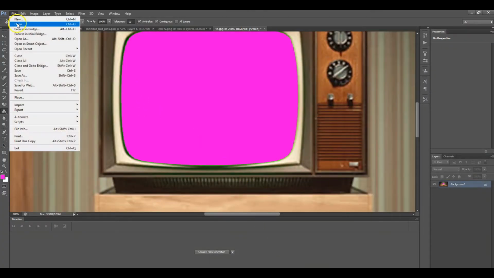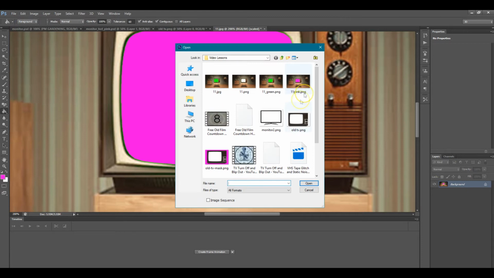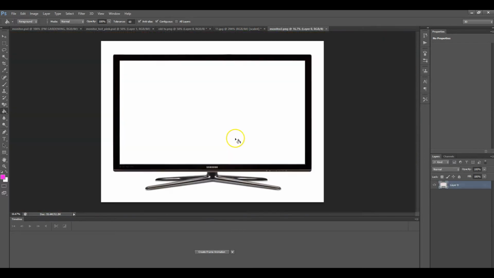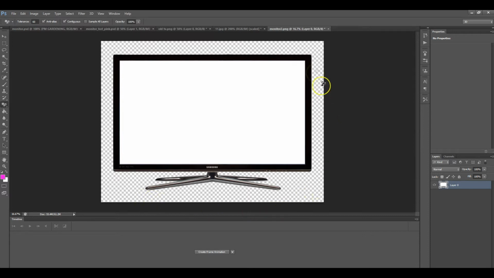And what we're going to do is open up our Monitor 2 PNG file that we just saved out. And here it is. So now here's that image that we have. Now this is Photoshop. There's, again, some other graphic utilities out there you can use to do the same thing. So the first thing I want to do is clear the white. So I'm going to get what they call in here the magic eraser. And I'm just going to hit it right there. And that pulls all that out